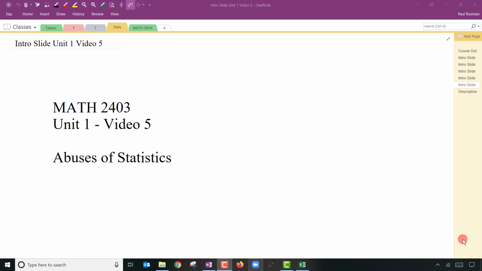Today we're going to talk about abuses of statistics. It's kind of a fun topic, one of my favorites. It's one of those things where we want to talk about abuses of statistics for two reasons. We want to talk about them so that we avoid making mistakes and abuse statistics inadvertently. And we also want to know when we're being fooled. So it's kind of an interesting topic. We often get bombarded by data these days. So let's just dive right in.